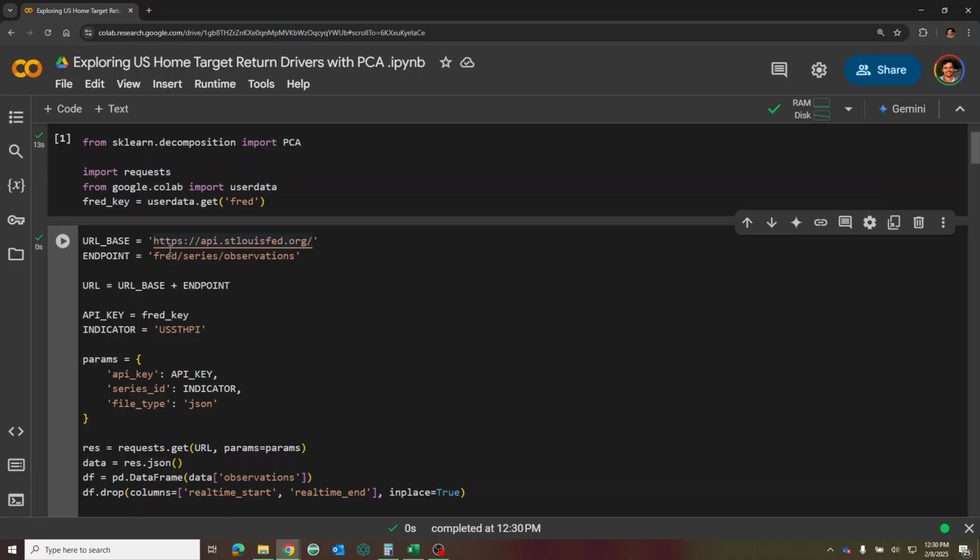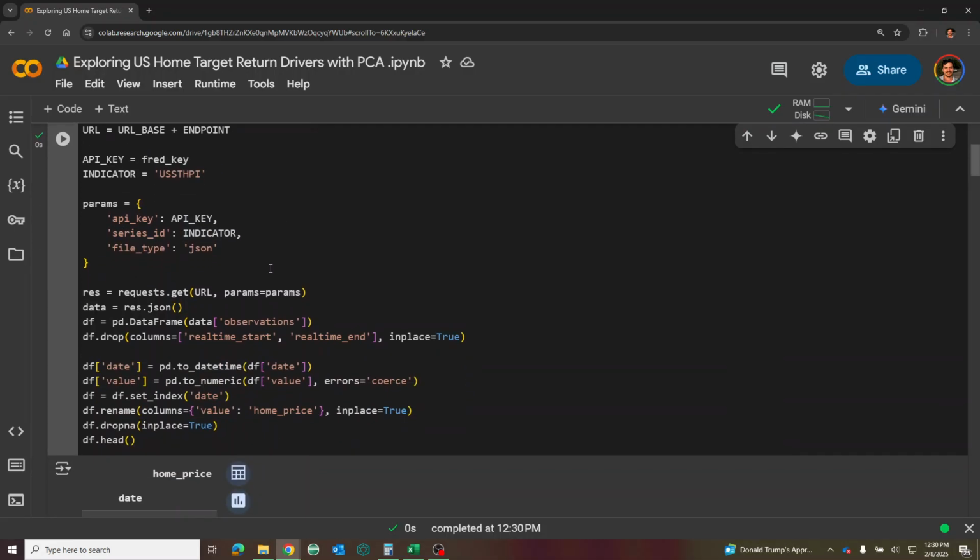You just get to the URL, you want your endpoint, which is the observations of series data, and then pass through your key. You put all that into a parameter list. When you request it, it'll come back in a JSON. Just grab the observations. And I like to drop the real-time start and real-time end because I'm really only interested